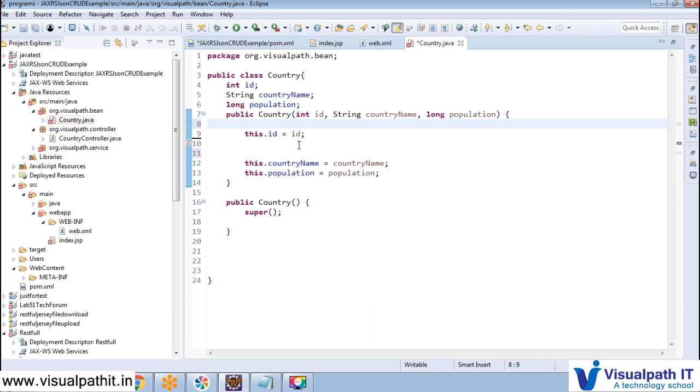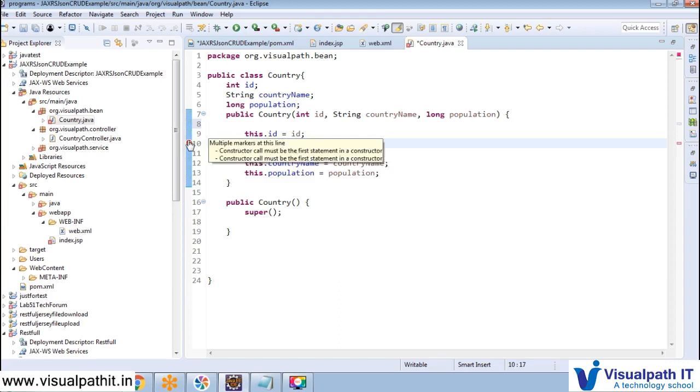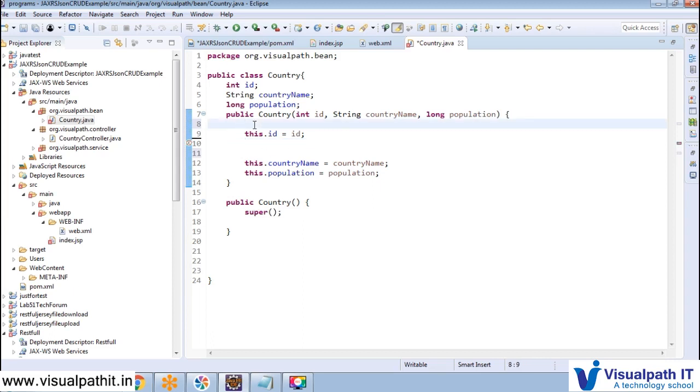But if we are writing super and we are not writing it on the first line itself, then it could create a problem, and there the container will specify that super must be the first line. So either we have to put super as the first line, or we can just delete it. No need to worry about this thing. So now we have three fields: